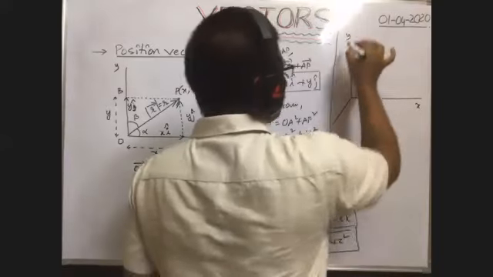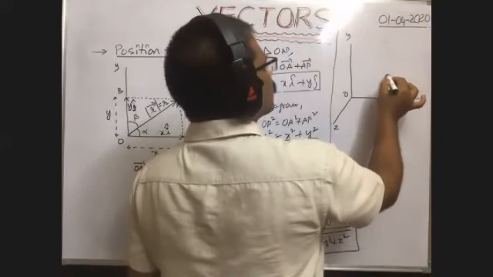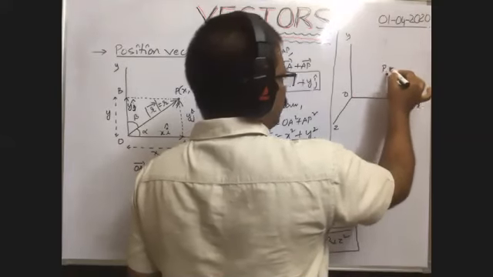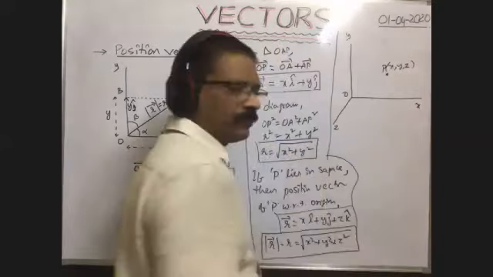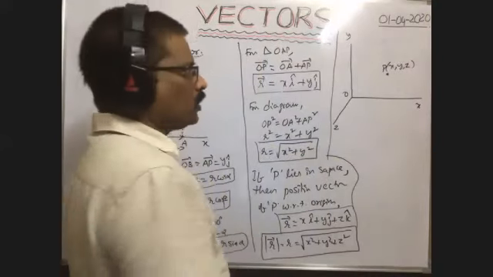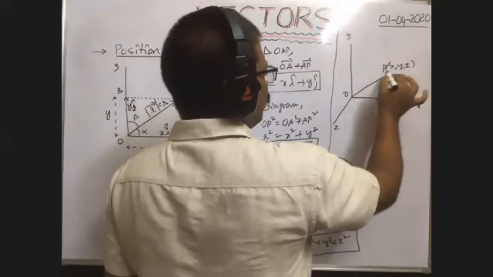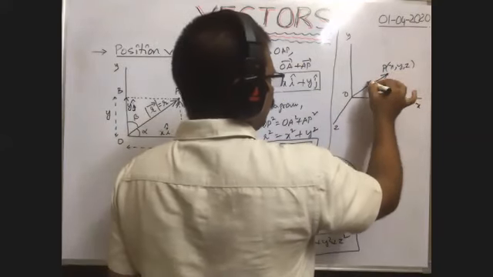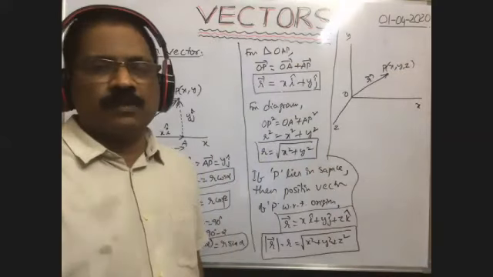X-axis, y-axis, z-axis, and it is the origin. One point P lies in a space. That's why it has an x coordinate, y coordinate, and z coordinate. The position vector of point P with respect to origin means you join this origin and this point. So this is the position vector r bar, the position vector of point P with respect to origin.